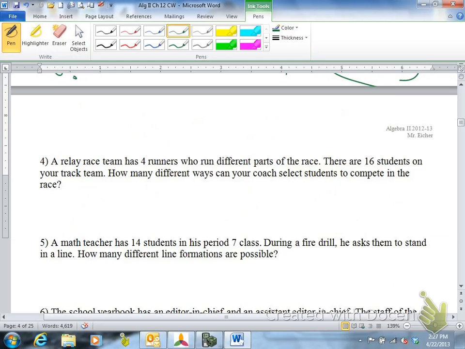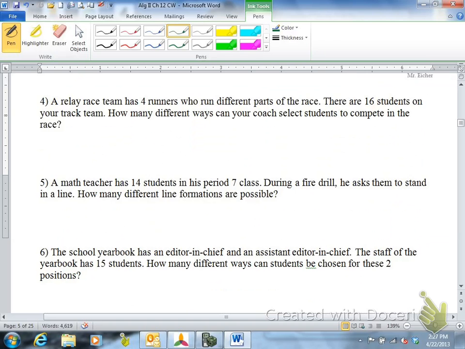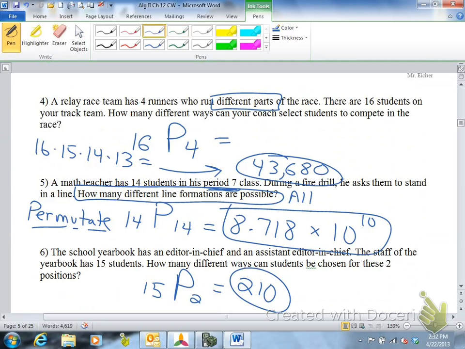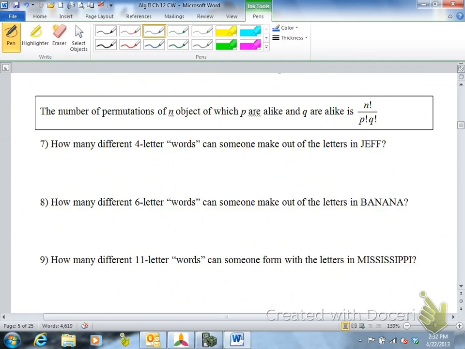So how about you try question number 4, 5, and 6, and then we'll talk about a different type of permutation. So there the answer is 4, 5, 6. The next part is dealing with when you have repetition. So you have n factorial divided by